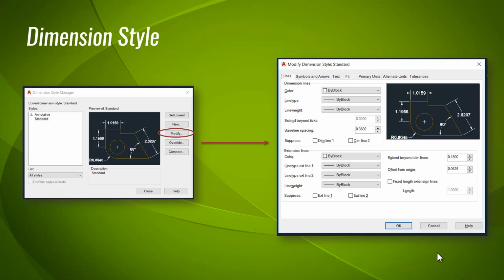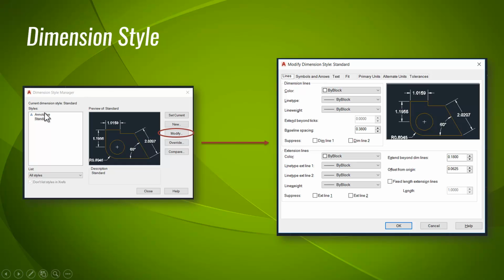Dimension style. Dimension style allows you to set a style to your dimension. That means sometimes when you do the dimension to your objects, your dimensions may be very small or very big. Your arrows or the lines may not match according to your concepts. So you can actually toggle with different parameters in the dimension style to make your dimension look better in your drawing. So for that, when you go for the dimension style, you will get the first window like Dimension Style Manager